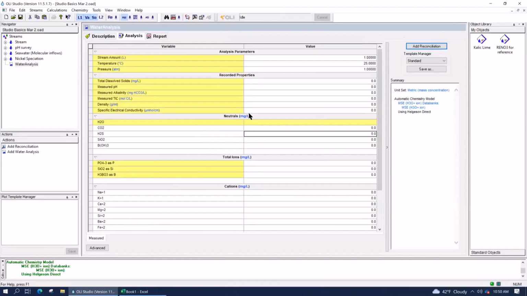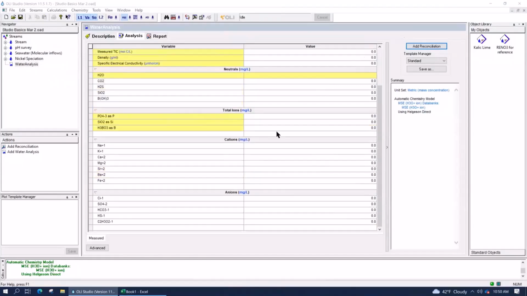Okay, so what I'm explaining here is that we've got a water analysis object that has the standard cations and anions already populated. But if you needed to add more, essentially you go into your cation section or your anion section and just start typing away. Let's say, for example, that you have manganese, Mn+2. You can type Mn+2 and press enter, and it finds it.